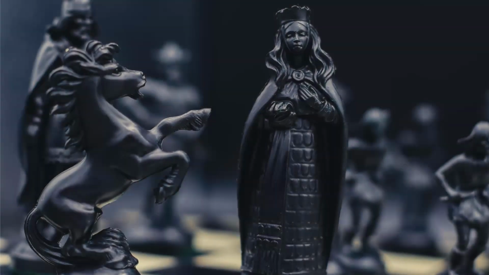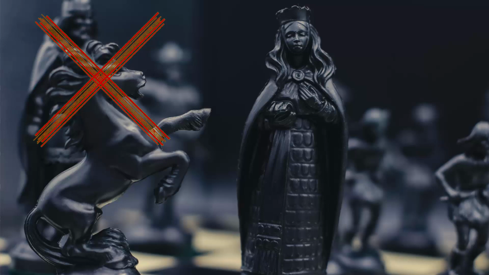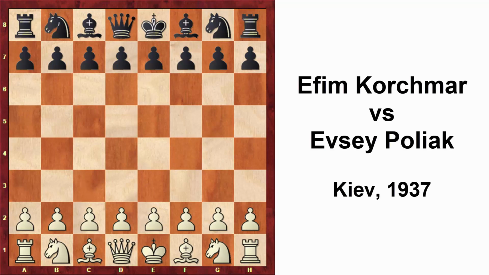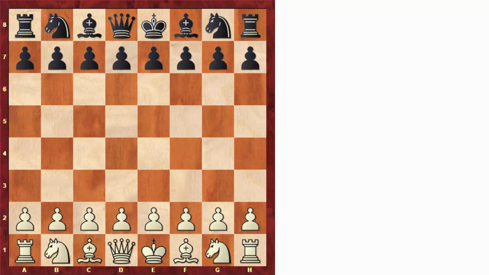Hi everyone, in today's video we'll see a game that features a knight sacrifice just to allow a queen sacrifice on the next move. Later on we'll see another sacrifice just to pin the opponent's rook, and if that's not enough, finally we get a queen and a rook sacrifice to force a very nice checkmate. This game was played by two fairly unknown Ukrainian players, that's why this game is very often called the Ukrainian